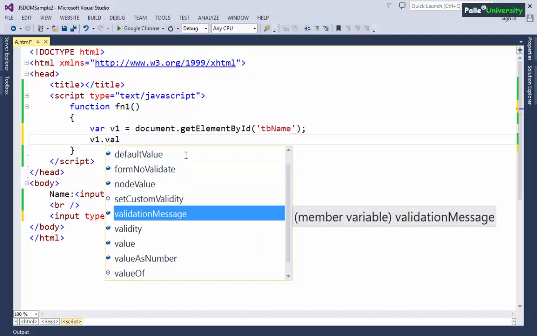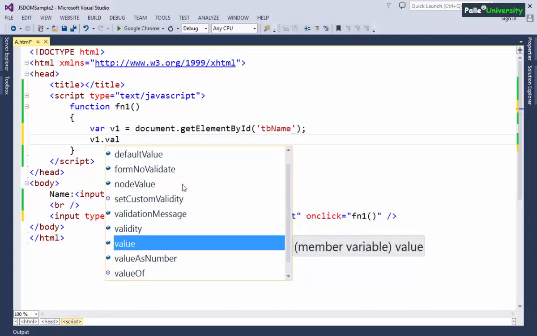v1.value. You observe the IntelliSense window is coming. But you remember, in many cases the IntelliSense window will not come properly in Visual Studio or in the other tools. That is the reason why I observed many developers are afraid of writing JavaScript code. So when the IntelliSense window is not coming, I already explained how to get the IntelliSense window by using alternative approaches.